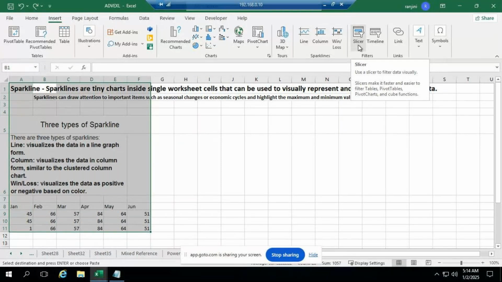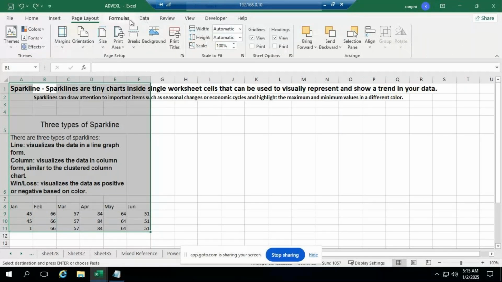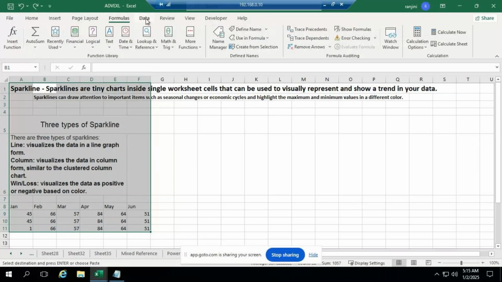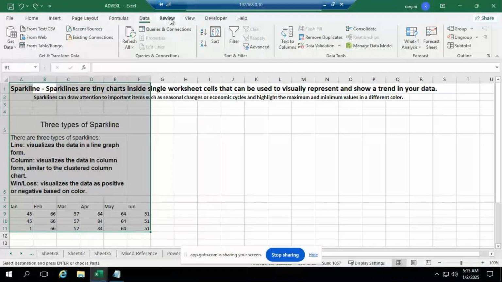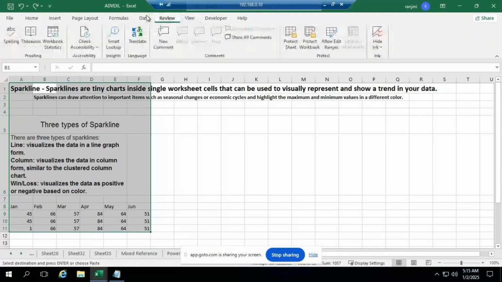So slicer, you can filter your record visually. So under insert tab,